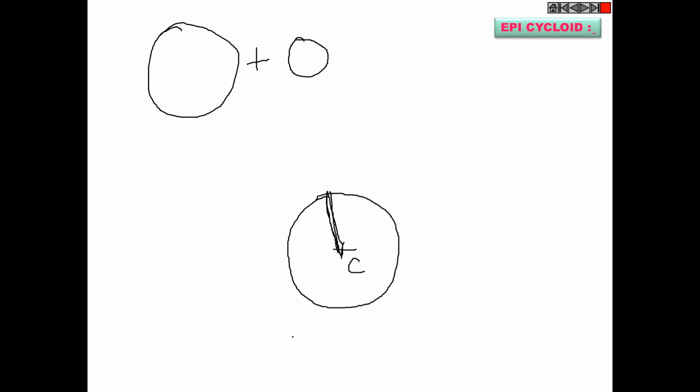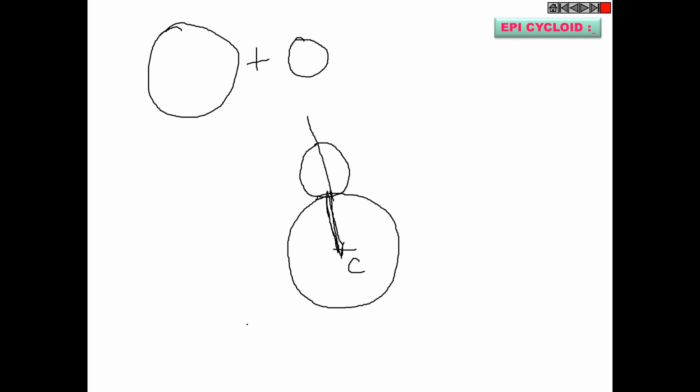Yes, sir. Okay, so now let us see how I can roll the smaller circle on the outer periphery of the bigger circle. This is my bigger circle and this is the radius of the bigger circle. Let us extend this radius line. Fine. Now, you will get an epicycloid when you roll the smaller circle on the outer periphery of the bigger circle. So this is your smaller circle. On that same center line, passing through the center point of the bigger circle, just extend that center line outward.